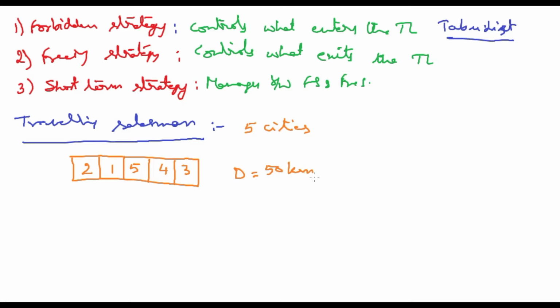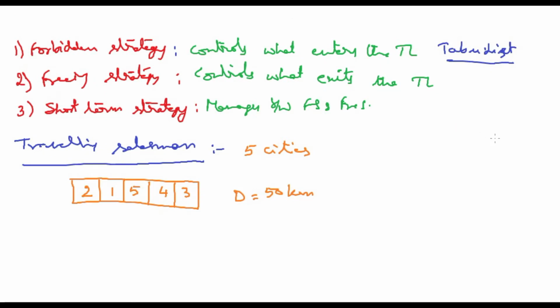In this move the distance is 50 kilometers, for example. Of course this is my current solution. So his duty is to visit 5 cities and to sell the goods. First he will visit the second city and then the first city, then the fifth city, fourth city and third city. If he has done it in this way, he has covered 50 kilometers. And now what we need to do, I would like to show you here.